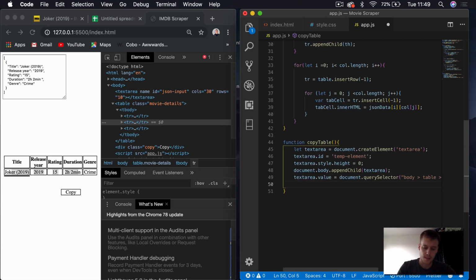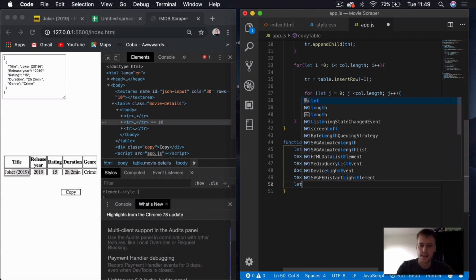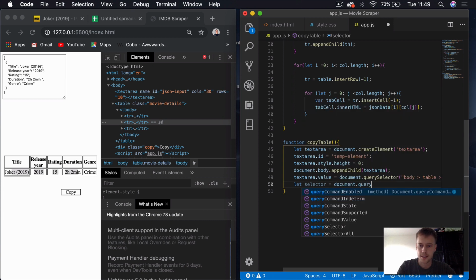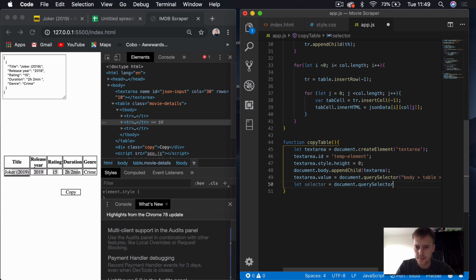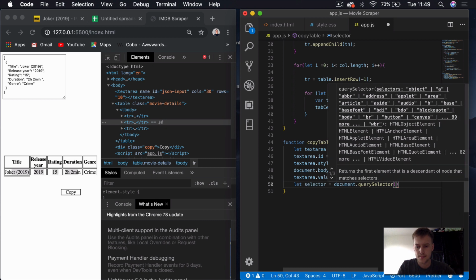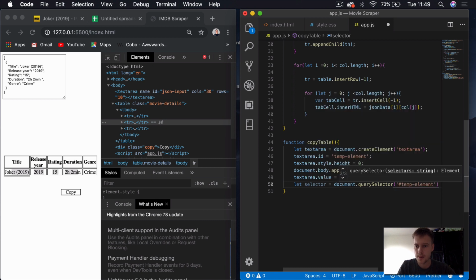And then coming back underneath that, we're going to then set a new selector. So we're going to say let selector equals document.querySelector, and we're going to grab this temp element we created up here. So we gave this text area an ID of temp-element. So we'll just say querySelector temp-element,